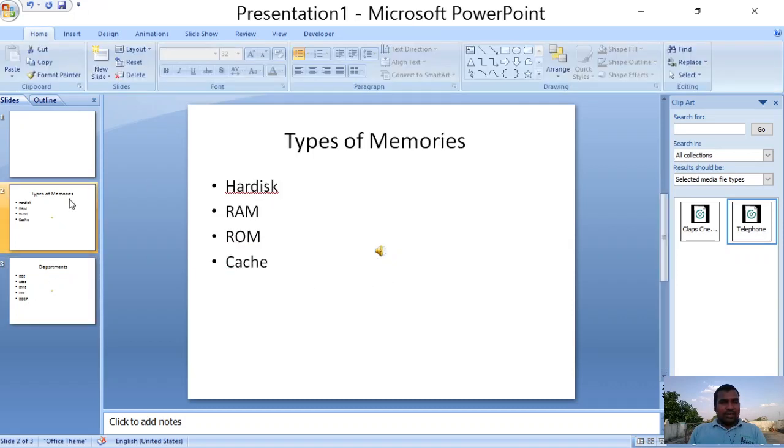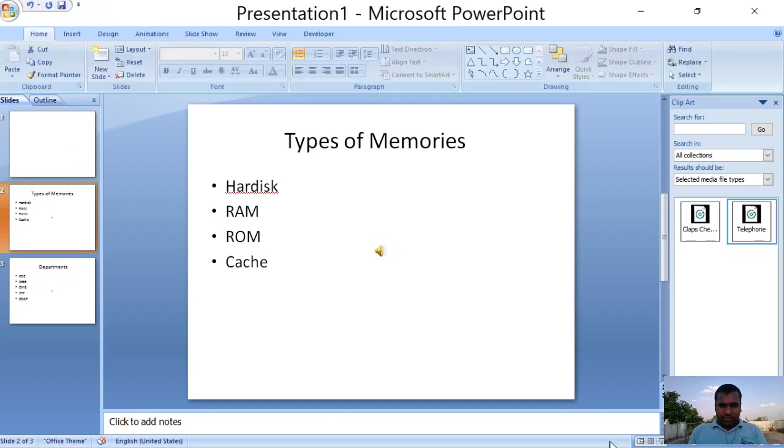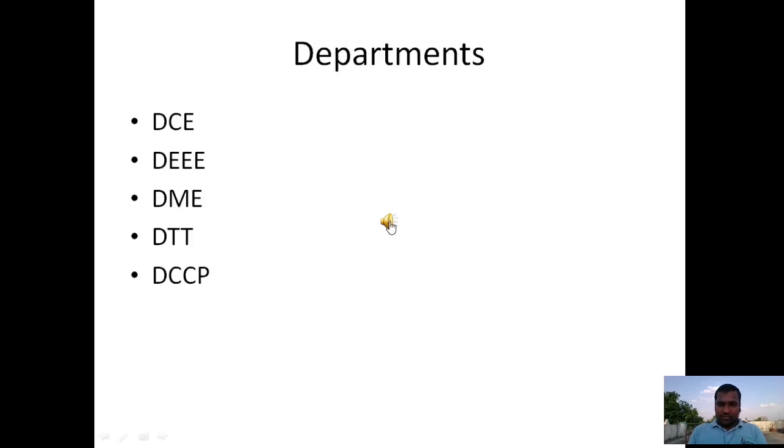Here in the options, you can choose mute and go with the slideshow, and it won't play the sound.